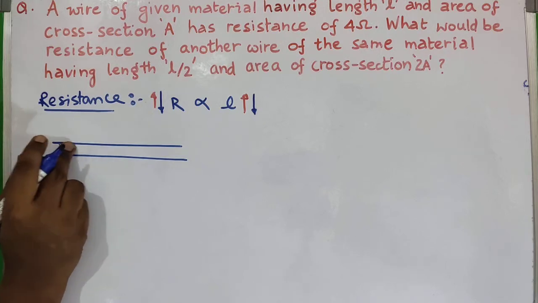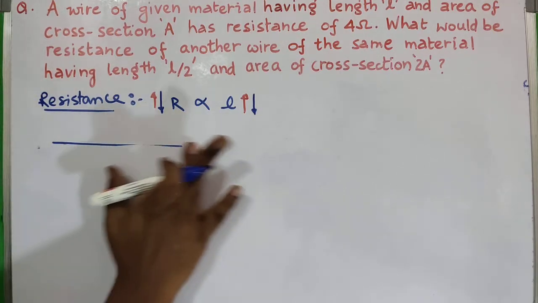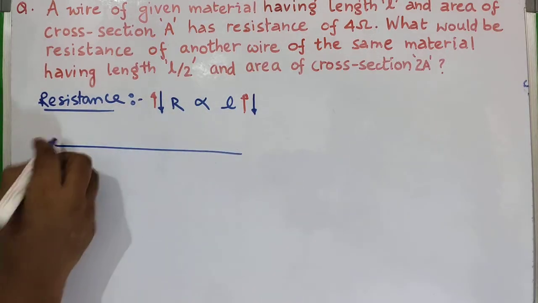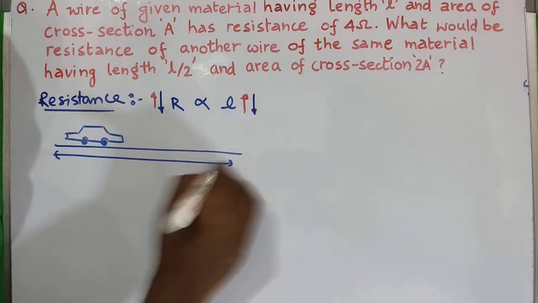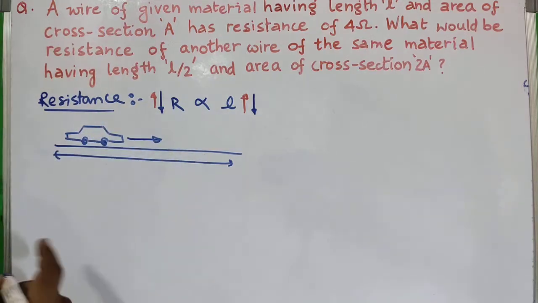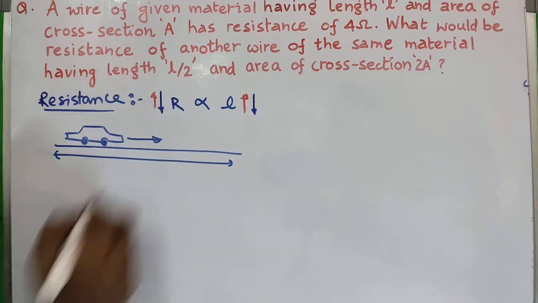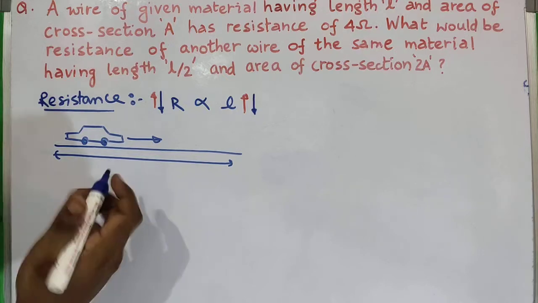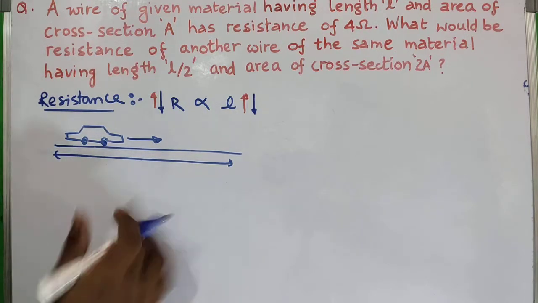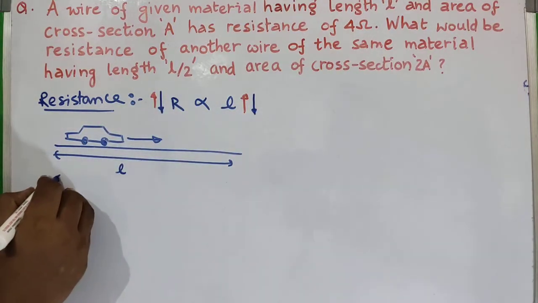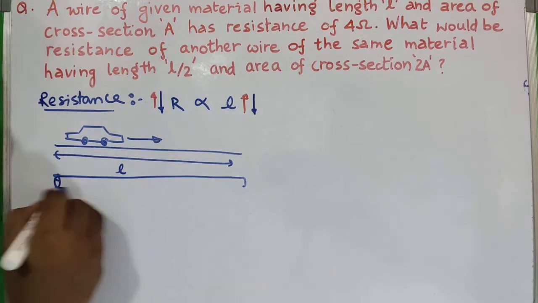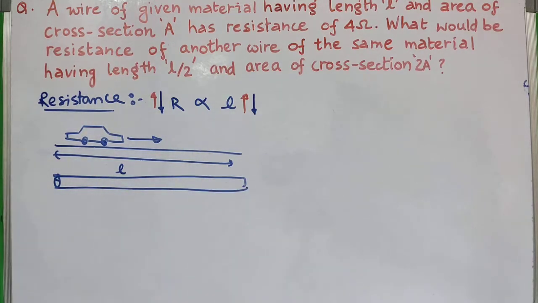And a person, let us take a vehicle here. Let's take a car. So there's a long road, and on that a car is moving on the road. So the longer the length of the road, the more friction the car is going to face, right? The car is going to face friction for a longer time. In the same way, the longer the conductor is, suppose this is my conductor, the more is the resistance. Longer the conductor is, more is the resistance, right?